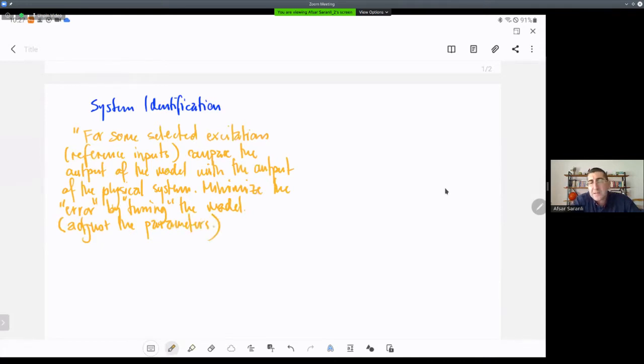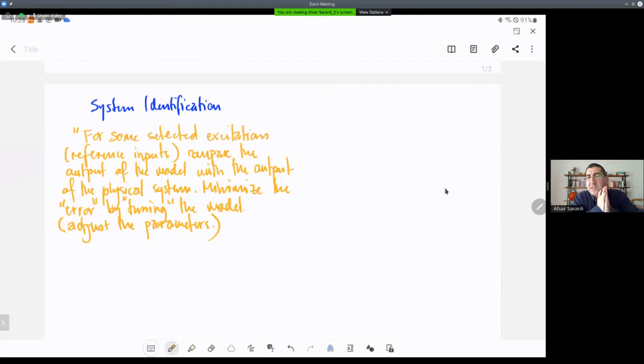In some cases, simply by making measurements of the actual system response, you can directly determine some of the parameters of the model. I will show you an example after the break, but often this may become an iterative optimization process. That means you may need to have a computer to do that. Excite the system with different inputs, or with the same input, but try to play around with the unknown parameters in what we call an optimization process in order to make the model response closer and closer